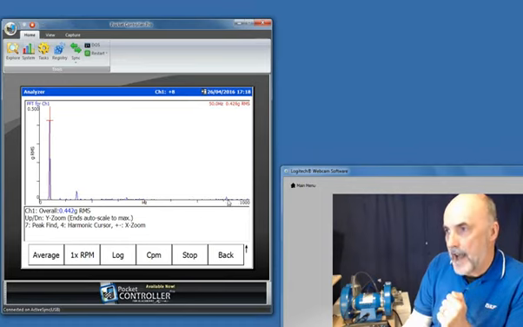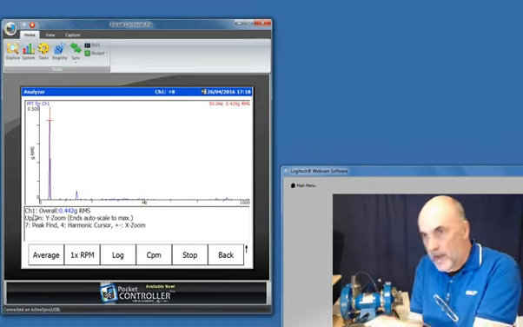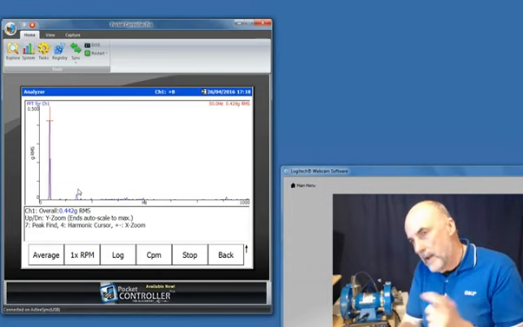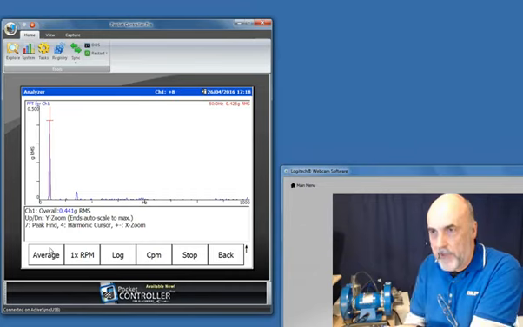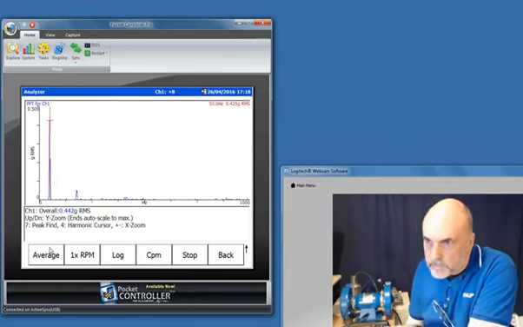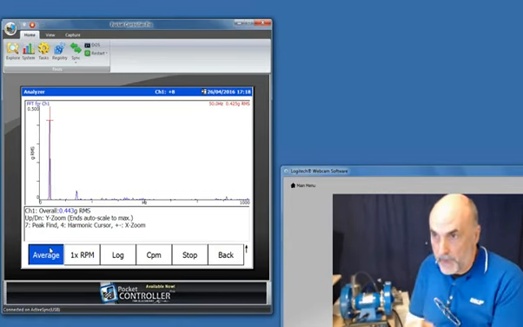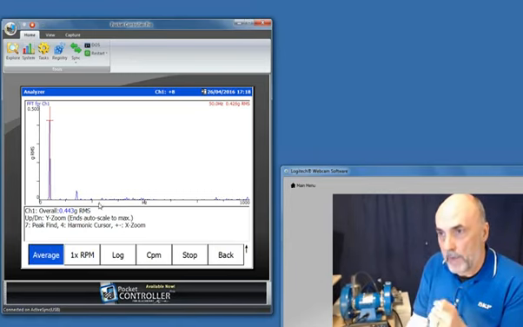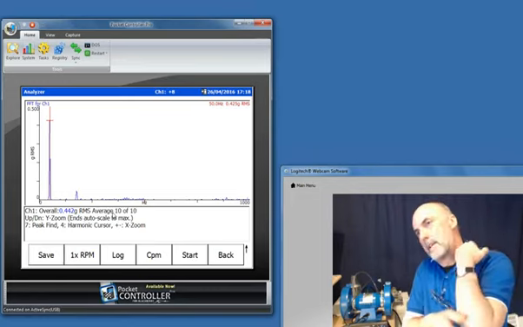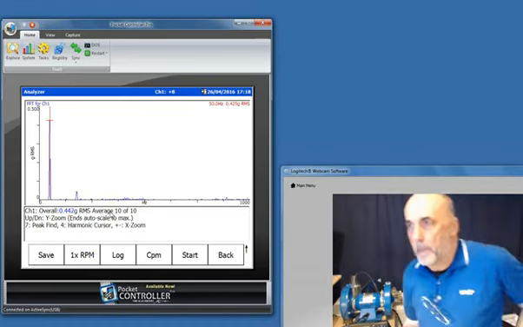So now what I can do is switch on my averager. This is what they call a real-time display. It's just updating on the fly. I have a button which says average. So when I push the button, it's going to take 10 measurements and stop. So I push the button, and it will now hopefully count up. Is it going to do it on this occasion? Yes. Oh, it's done it faster than the display can update.